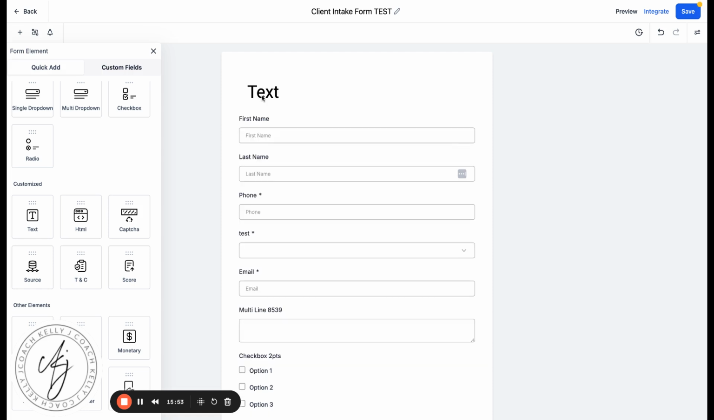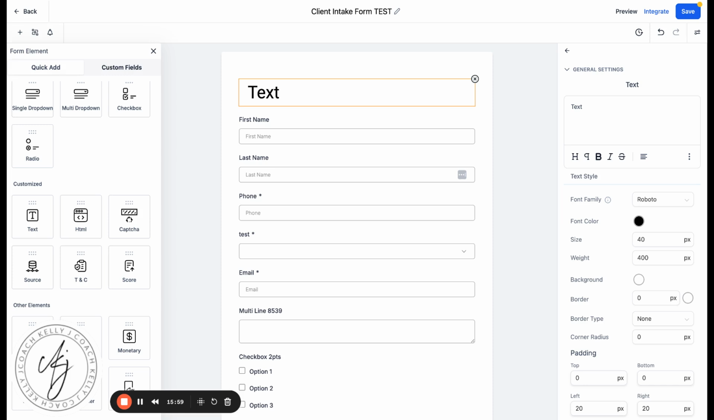Sometimes I like to put up here what's the title of this form and maybe a little bit about what this form is about. So if I wanted to do the title, I would just put like client intake form, save that. And then I may take some more text because that's big. That's like a title. So I'm going to take some more text,